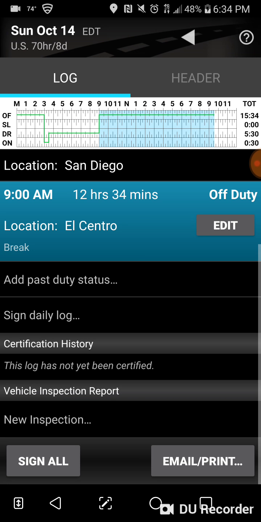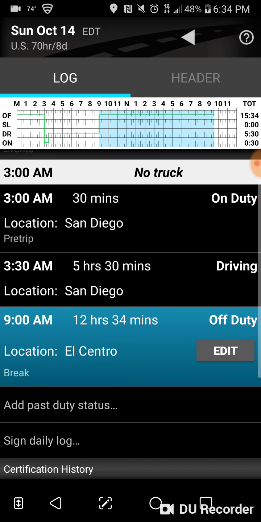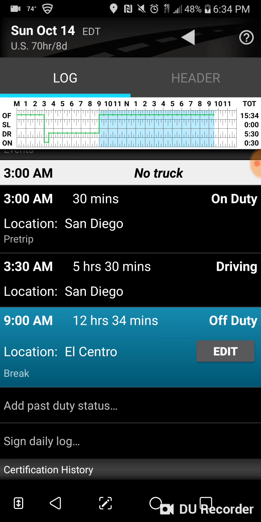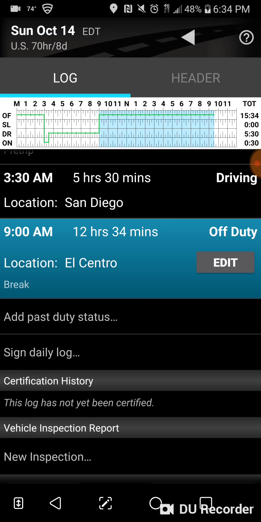Save. Okay. Now, if you notice, all the errors went away, but it's showing I'm off duty for 12 hours. But I'm only going to be off duty for 30 minutes. So, from 9 o'clock to 9:30, I'm on break in El Centro. So I got to make a new duty status